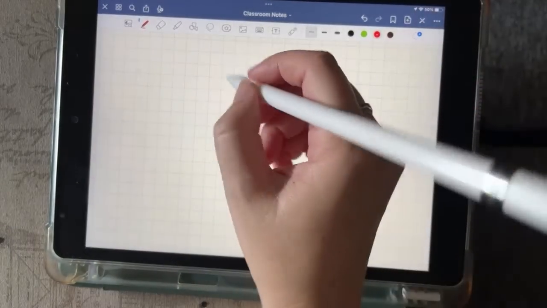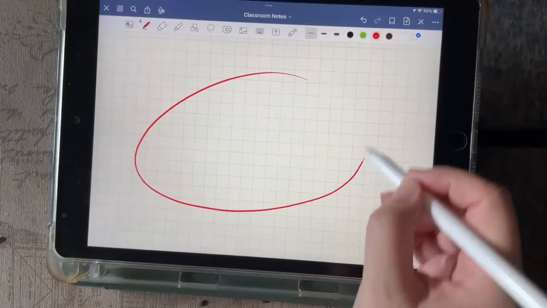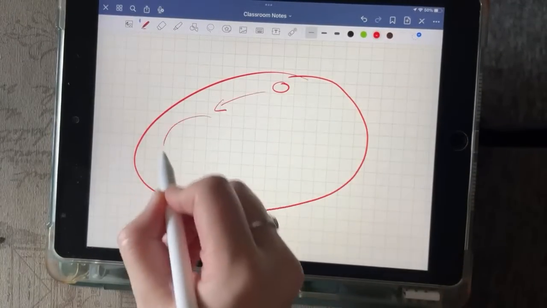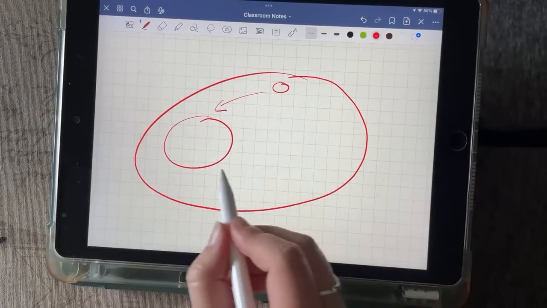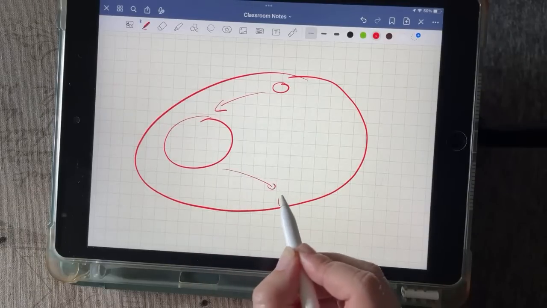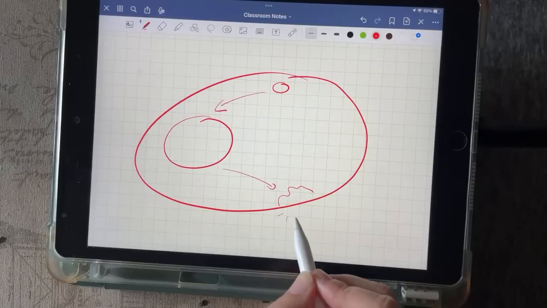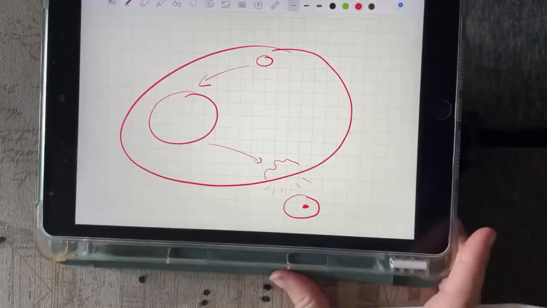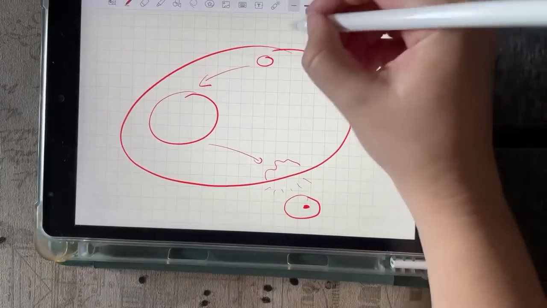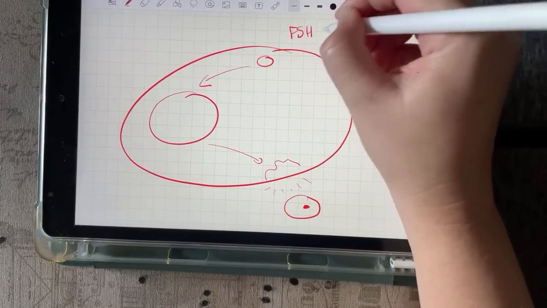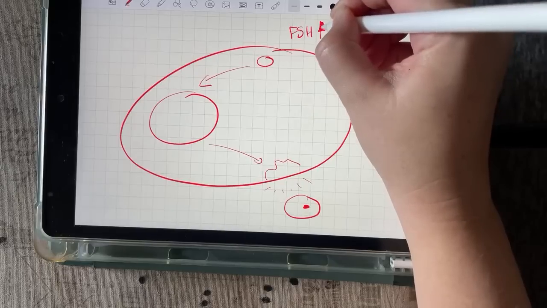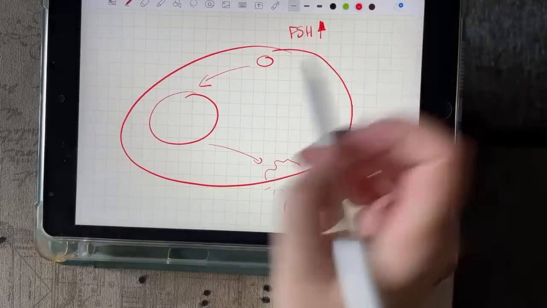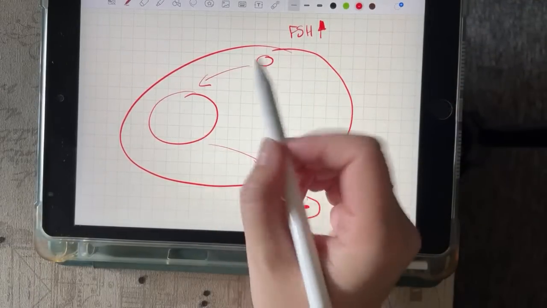Essentially this is how it works, right? Here is an ovary. Here is a follicle. The follicle is going to develop into a Graafian follicle. It's then eventually going to go through ovulation and release an ovum, right? FSH increases so that we can produce a follicle. It goes up as the follicle grows and gets bigger,